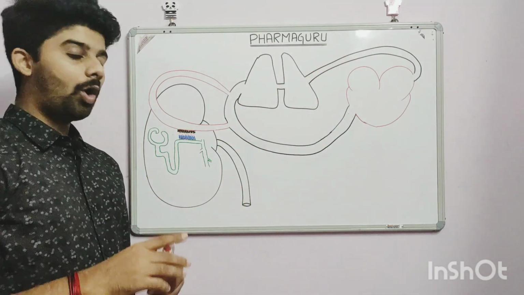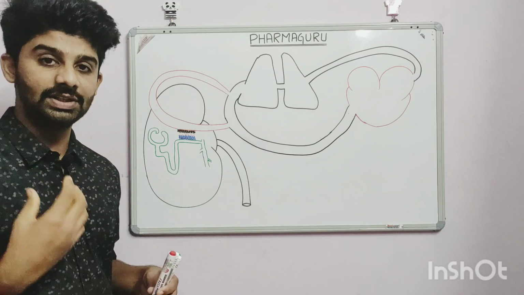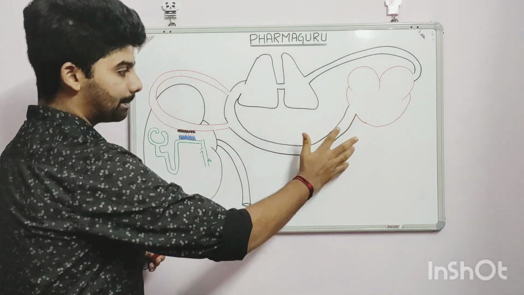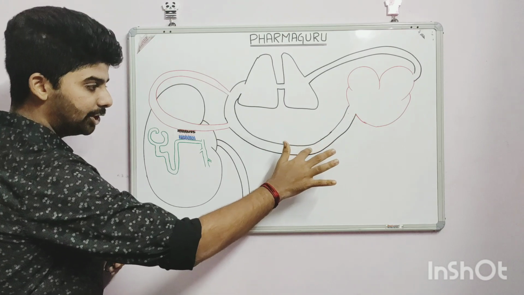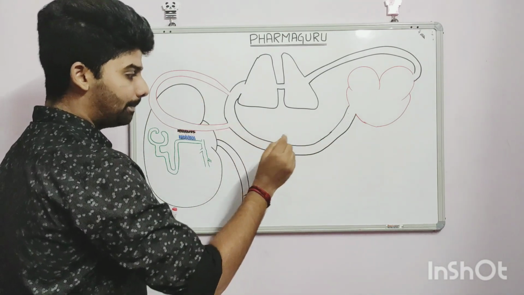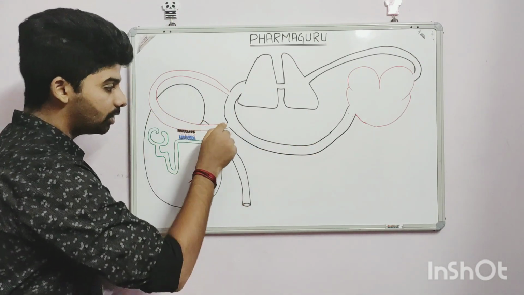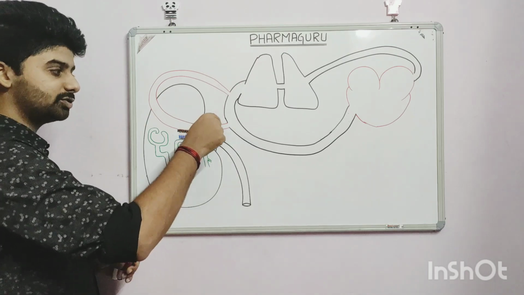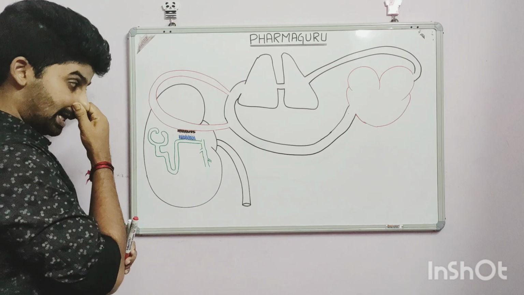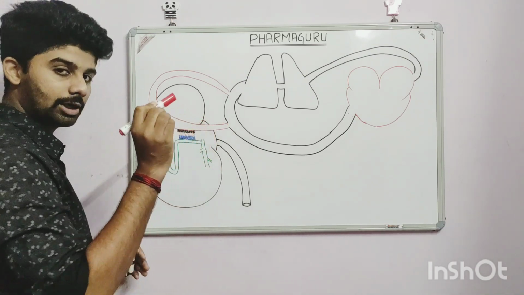So what happens when there is a reduced blood pressure, or the patient is having a hypotensive condition? Listen, whenever there is a reduced blood pressure, the amount of blood entering into the systemic circulation will be low. Now since the blood present in the systemic circulation is low, the amount of blood entering into the afferent arterioles, the one that is entering into the kidney, will be low. So now we know that the blood entering into these blood vessels is low.